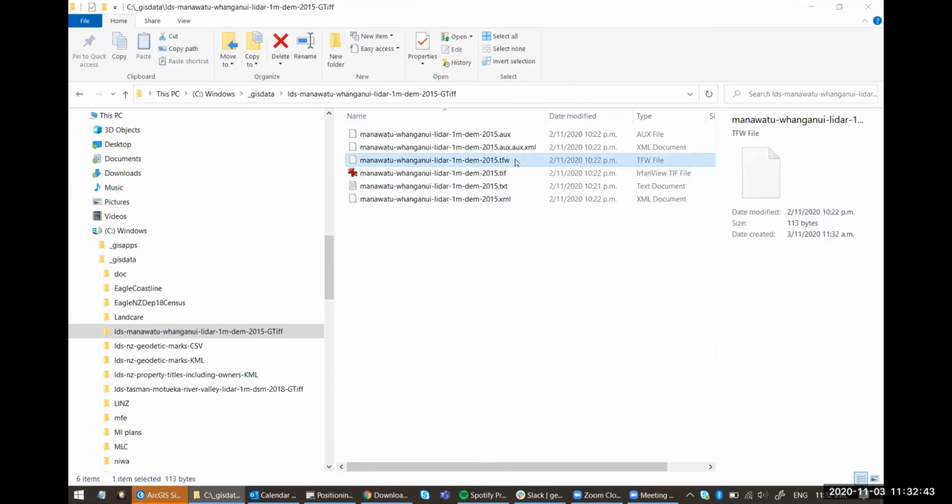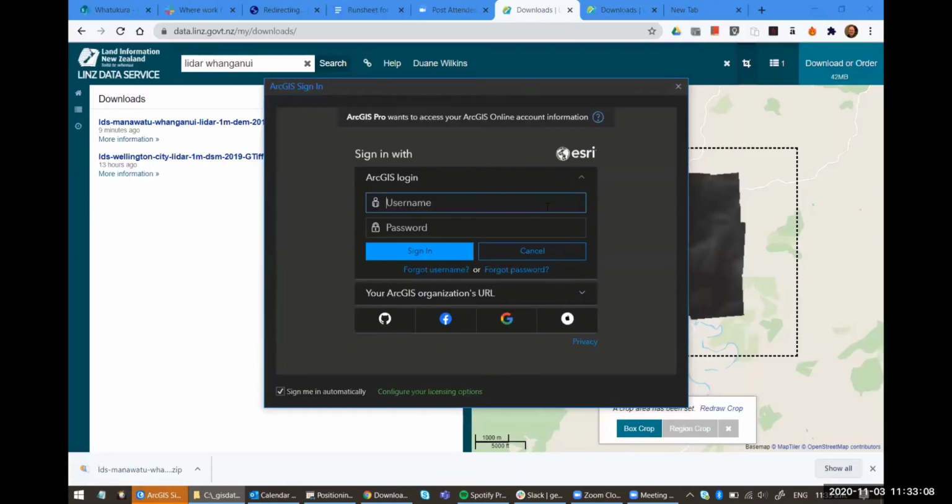This TFW file contains the georegistry information. The text file is probably a metadata of some kind. The AUX files are to do with pyramids and speed of drawing. And the XML is either metadata or something else, I'm not sure, but that's okay because I read all the metadata on the page before I download it, so I know exactly what